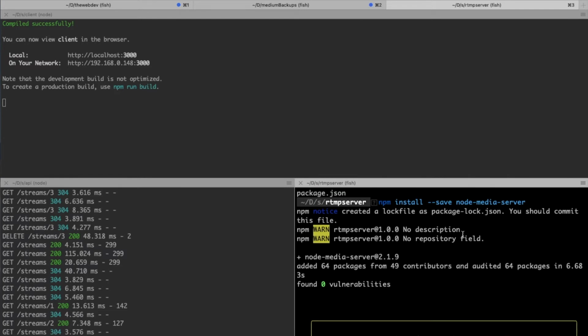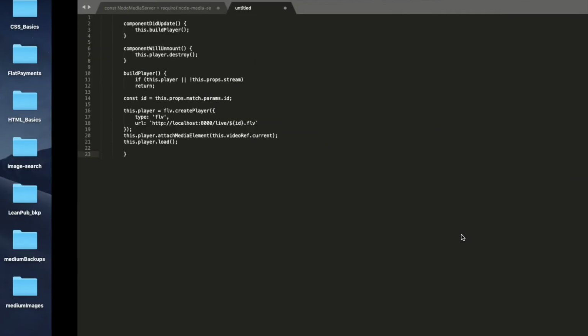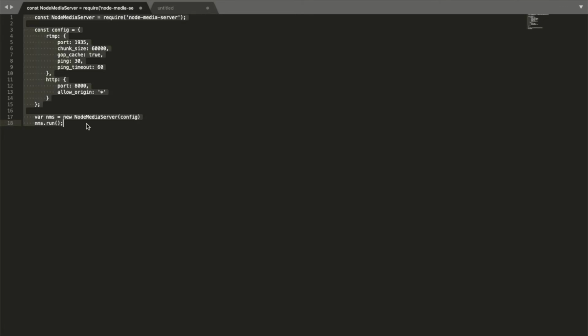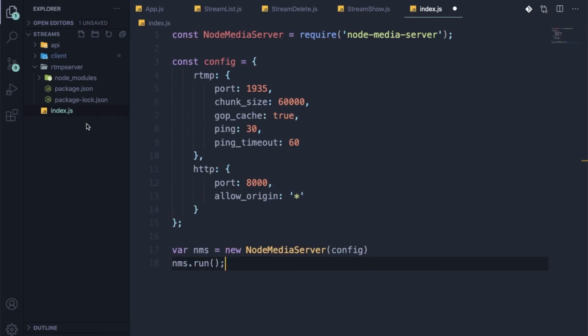So let me bring it directly. Yeah, it is here. So it will be like this, some boilerplate code. So I am saving it,